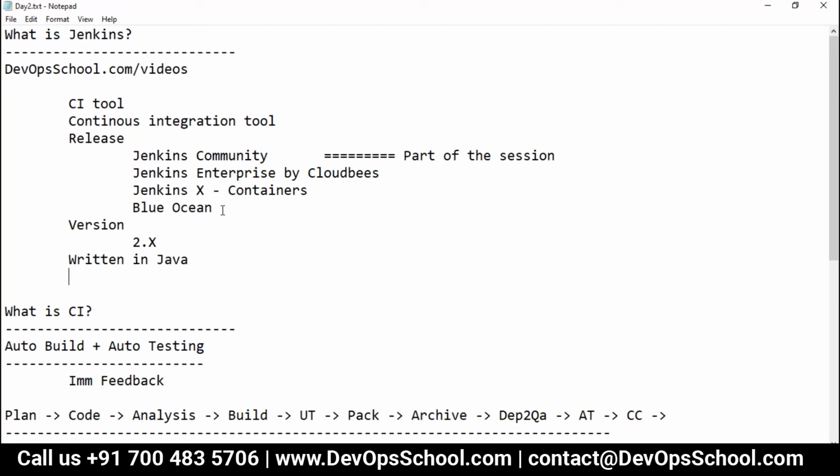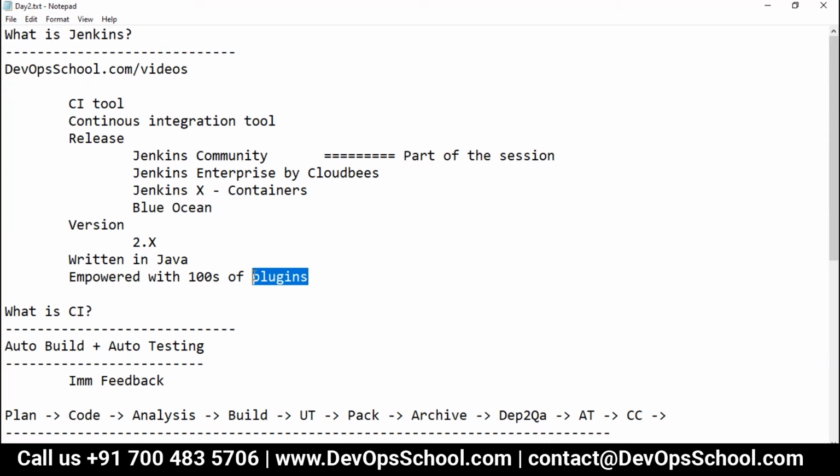Now, Jenkins is empowered with hundreds of plugins. That is very interesting. The question is, what is a plugin? If you want to enhance the features of Jenkins, you install plugins. Just like yesterday we did a plugin installation in SonarQube. Jenkins plugins are much more vast compared to SonarQube.